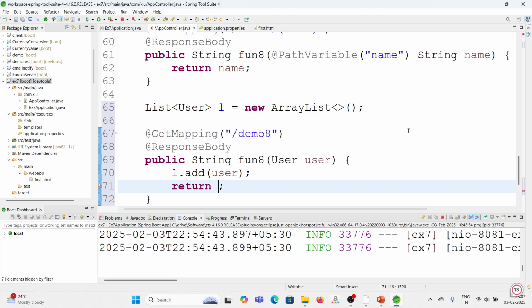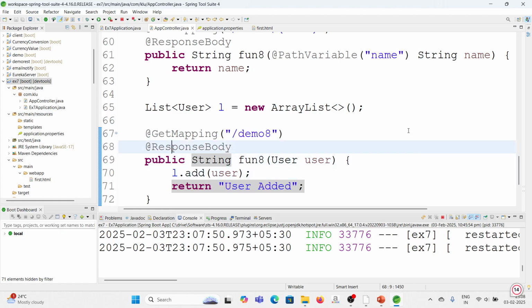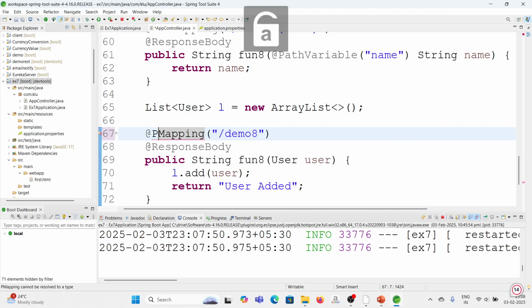Then I will say "user added". This "user added" will be returned as the output to the called place. If it is a browser, then it will return to the browser. If it is Postman, it will return to Postman. And most importantly, I'm going to use here the post mapping as in the question. So you need to insert the post mapping